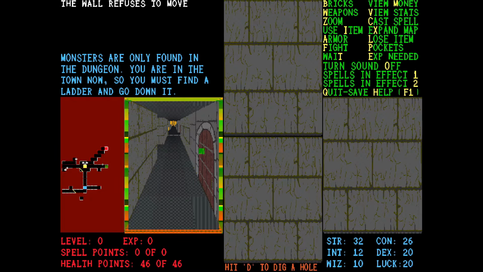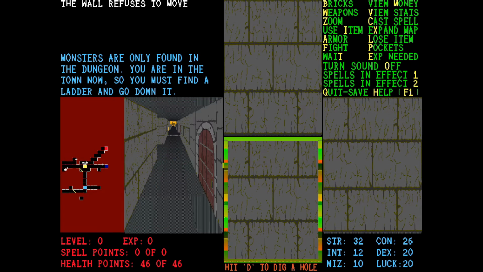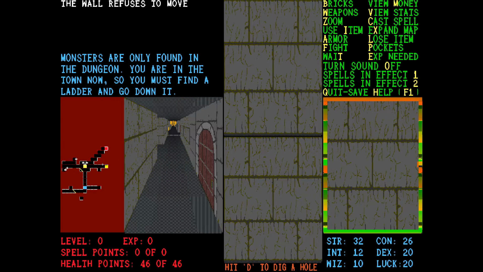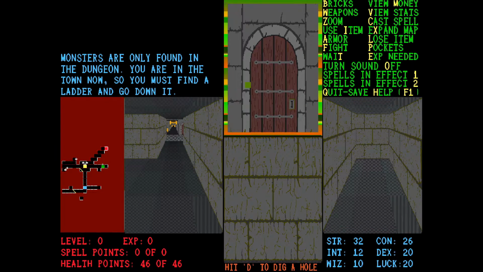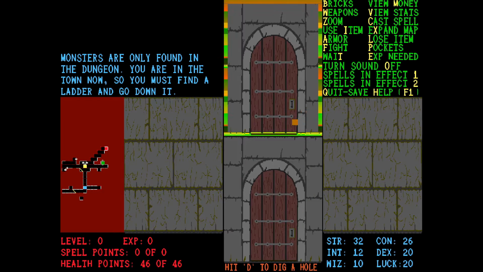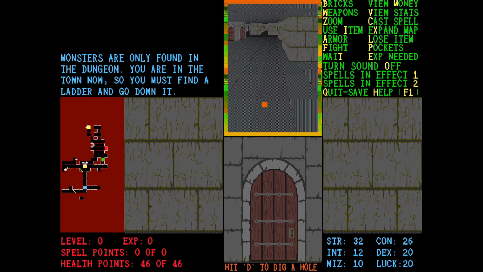We have descended. So to interact with objects you see on the screens, you wait until there's a little sort of marker there in order to interact with it. So after brief teething problems with the control system, we are starting to figure things out. I still don't hear any sound though, so...